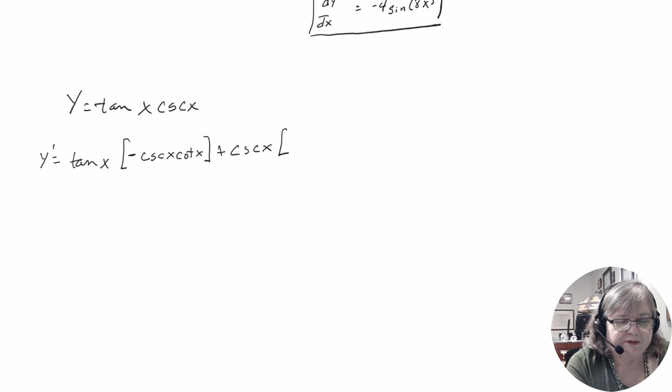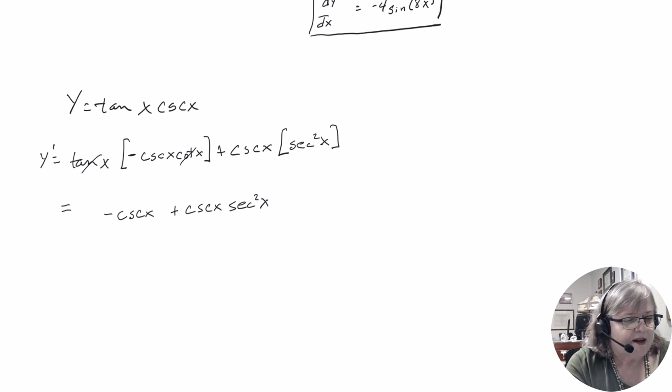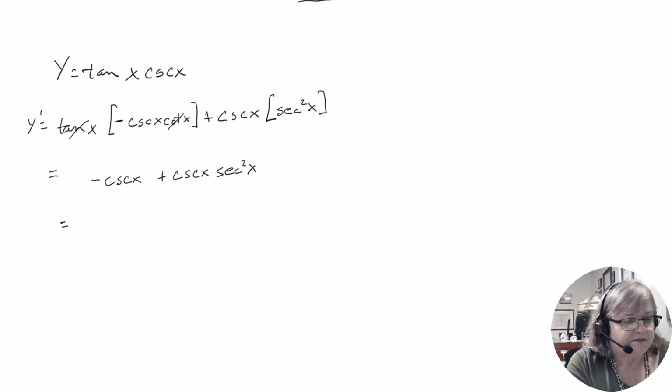And the derivative of the first is secant squared x. Okay, so when you clean this up a little bit, this tangent x and this cotangent x multiply to 1. So you have minus cosecant x plus cosecant x secant squared x. And you could factor out a cosecant x. That looks tempting, right? So you have cosecant x times minus 1 plus secant squared x